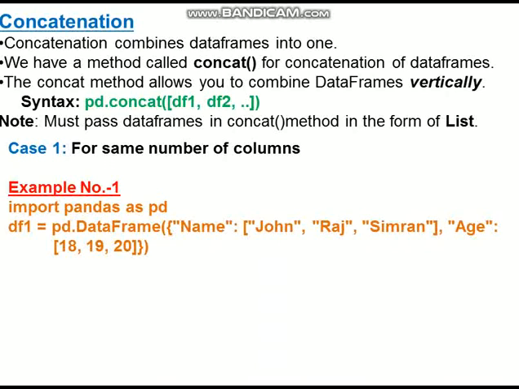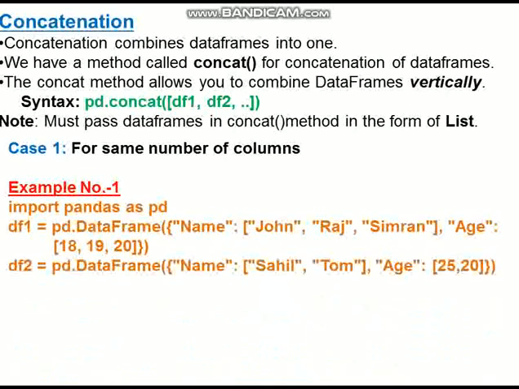In data frame 2, df2 equals pd.DataFrame, once again with name and age keys and values given.